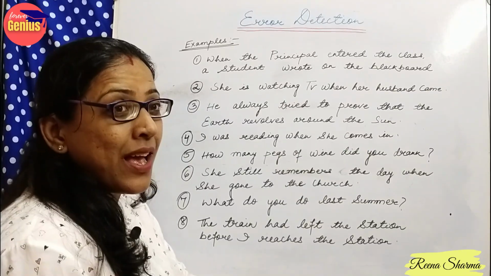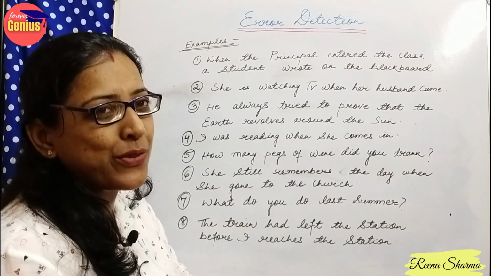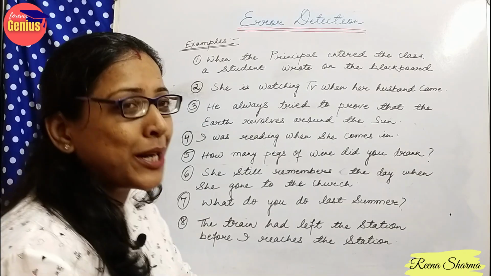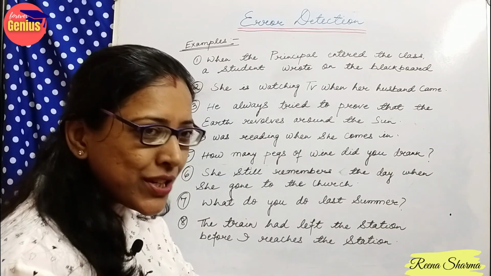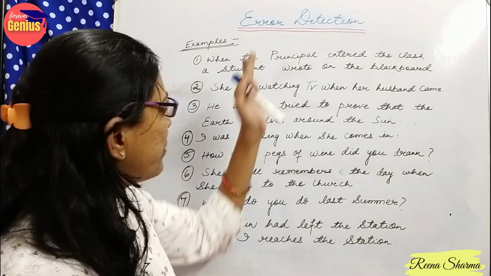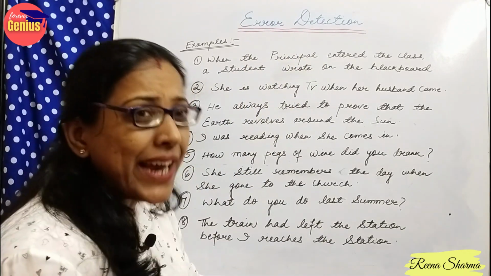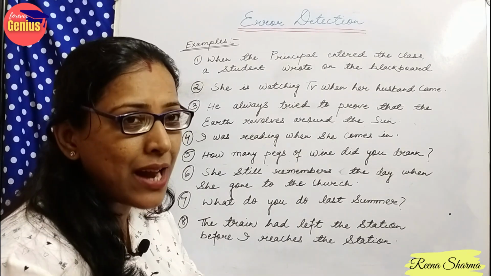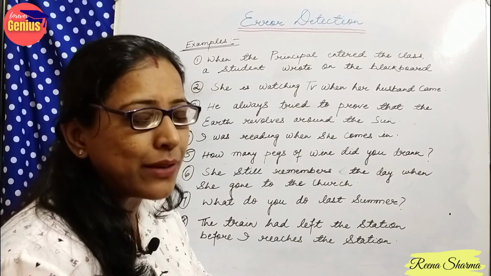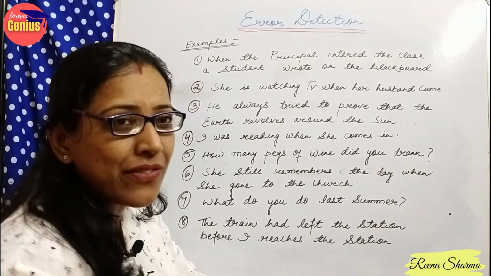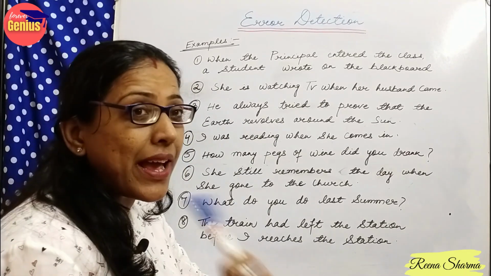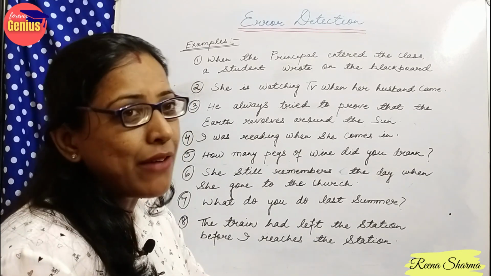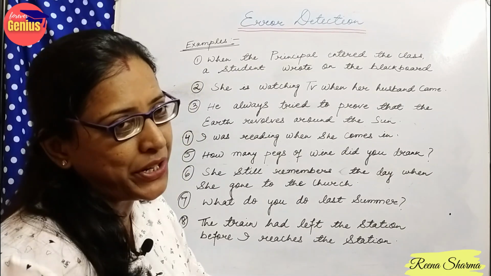Welcome students. We have done all the parts of tenses, that is the 12 parts of tenses in the 3 parts, that is present, past and future. Now as I promised, we would be doing some error detections. Why is it needed to do this error detection exercise? So that it will help us to recapitulate what we have done and we can identify what can be the errors in a sentence depending upon the structure which we have practiced in our previous videos.